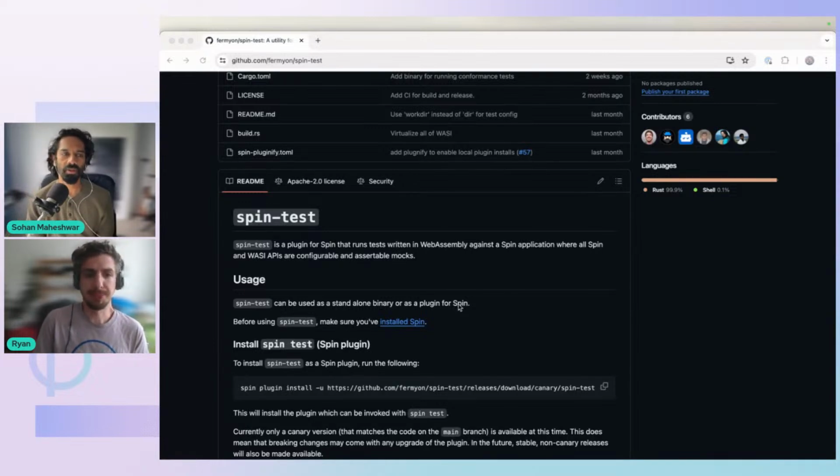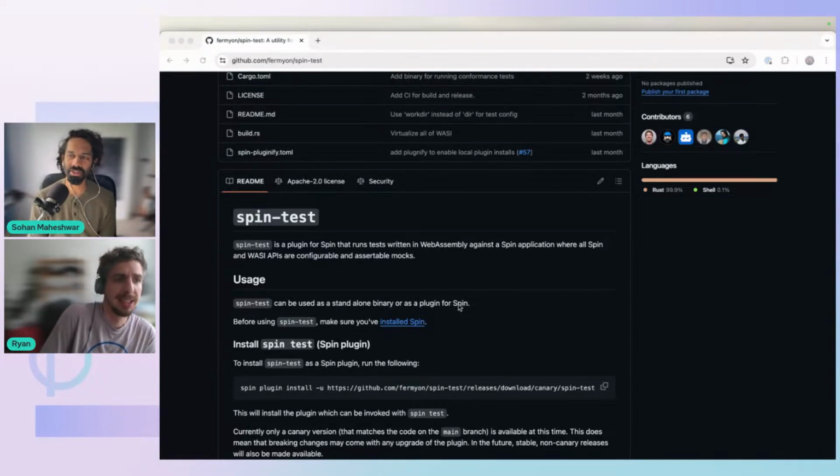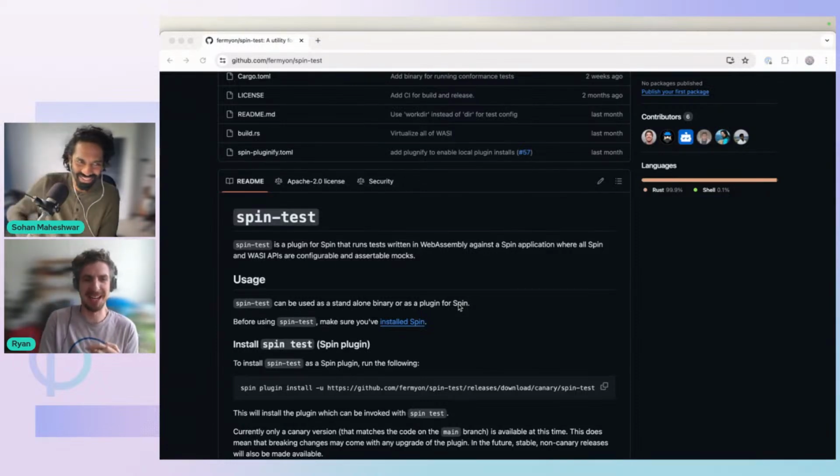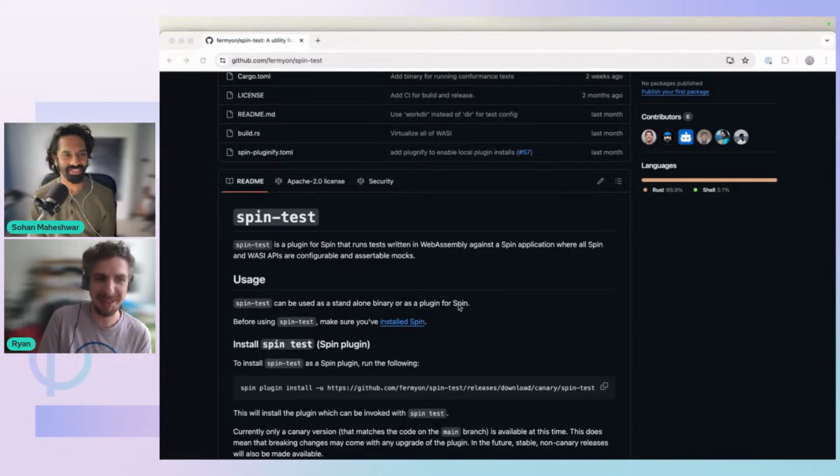Okay. And Ryan, I'm sorry to butt in, but for those who might not be familiar with the concept of a world when it comes to WebAssembly and components, can you tell us a bit about that? Sure. So I shouldn't have used the term world here, I think, because I actually didn't mean the WebAssembly world